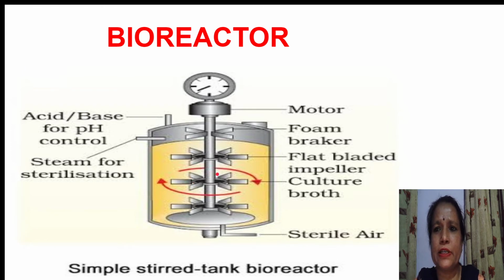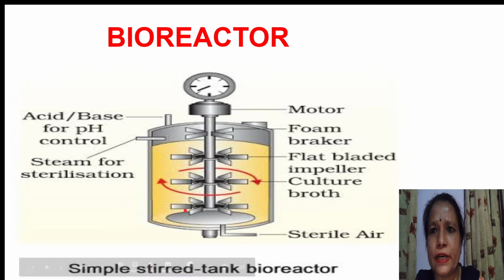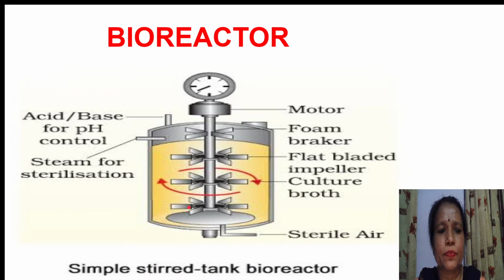Now it has several inlets for the medium to be added, and for the inoculum. There is an agitator system, an acid-base control system, then cooling devices. If you see the base of the bioreactor, it is a curved base. So this curved base will help in even mixing of all the contents. Now it has steam for sterilization. So oxygen can be distributed uniformly and it reaches all the microorganisms inside the bioreactor.